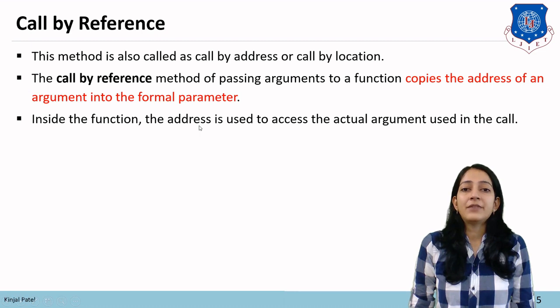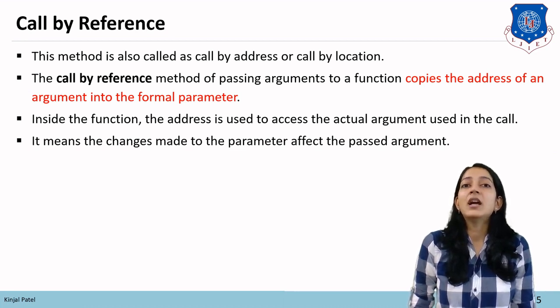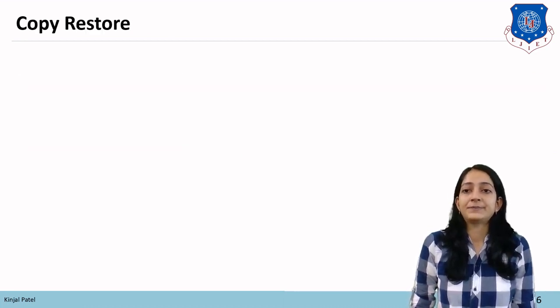So inside the function, the address is used to access the actual argument used in the call. It means the changes made to the parameter affects the pass argument. Means if we are using call by reference, then the change in the formal parameter will affect the actual parameter.